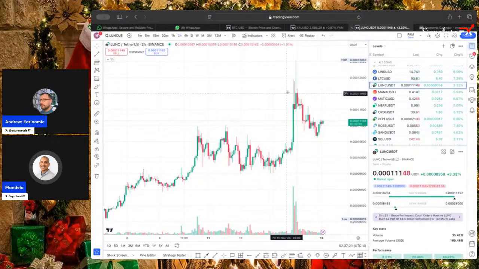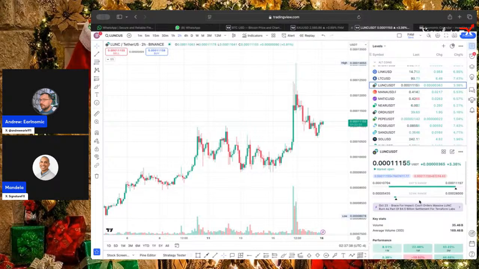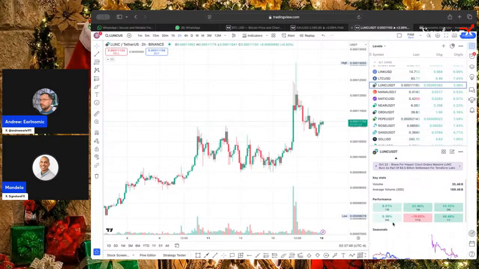This one had a really nice run up. Too many zeros to count, but it did hit a peak here on Saturday. Let's call it 13, up 3%, right? Nice. What's it for the year? Do you have that performance? Yeah, if we go here. Still down for the year, interestingly. So it could continue going up. I'm going to have to keep a look at that.